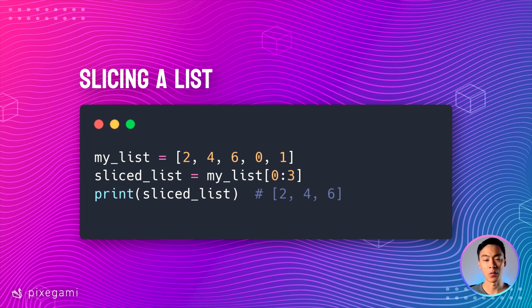So in this case, I want the first 3 items. So I've specified the range from 0 to 3, and to do that, you separate it with the colon. So if I type my list and then open the square brackets and then 0:3, I'll get a sliced list that begins at index 0 all the way up to, but not including, index 3. So when I do this, I get items at index 0, 1, and 2. Remember, I don't get the last index. That is not included in the sliced list.